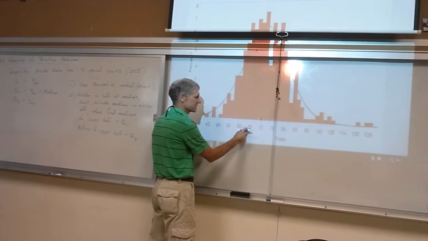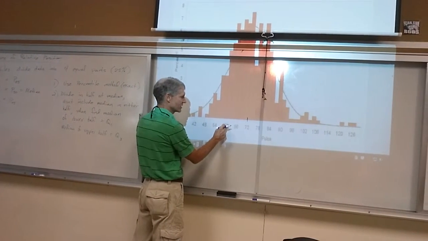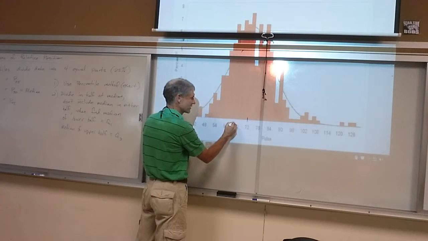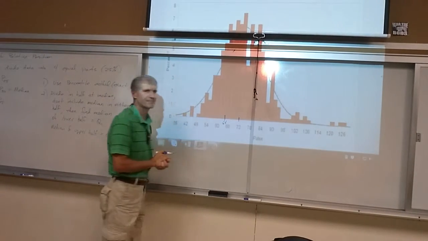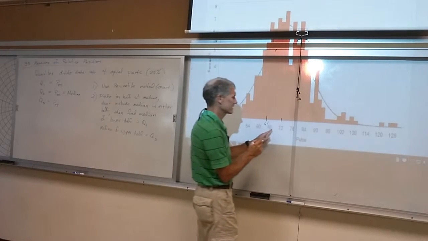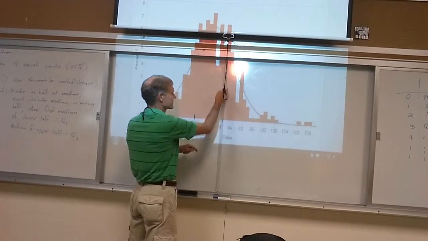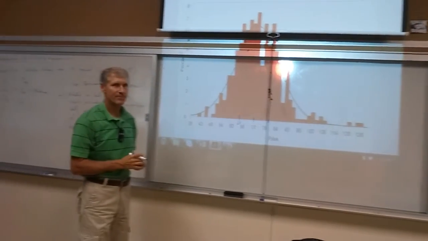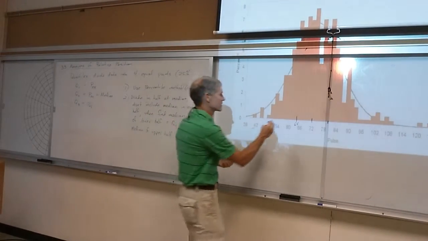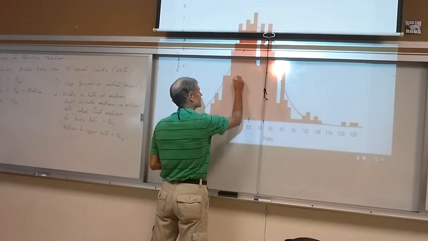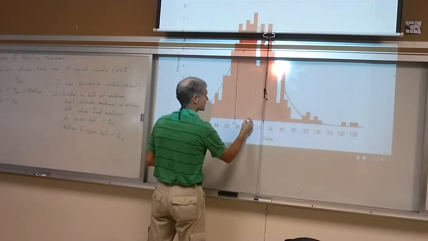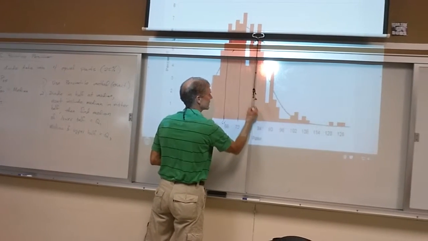And then the other one was 80. So that's right there, the edge of this divider. Okay? So if I draw a line up here, and a line up there, and so on,